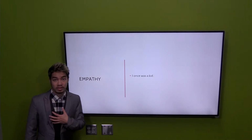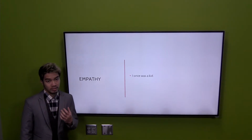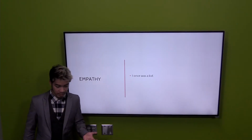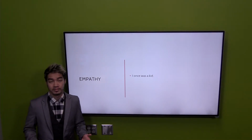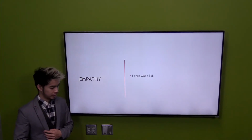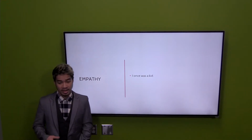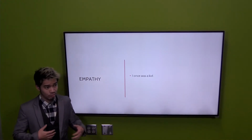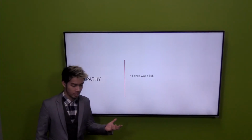Empathy. From my perspective, I think empathy is the most important interpersonal skill that everyone should have. At the Lincoln Children's Museum, I get to talk to a lot of kids and interact with them. And I know how it feels when kids are just so into something and then their parents just ask them to leave. It made me very angry at my parents when I was little. But there was nothing I could do about it, so I just cried, and so did a lot of kids